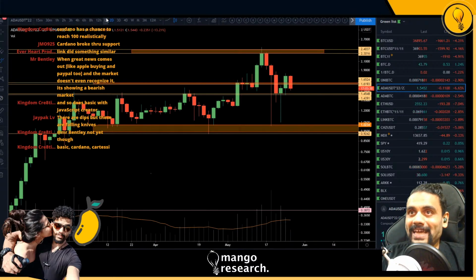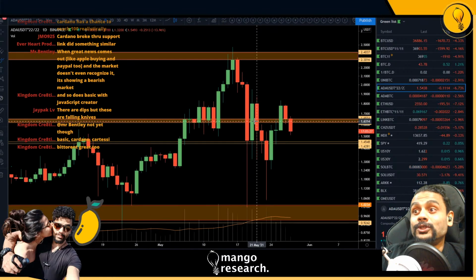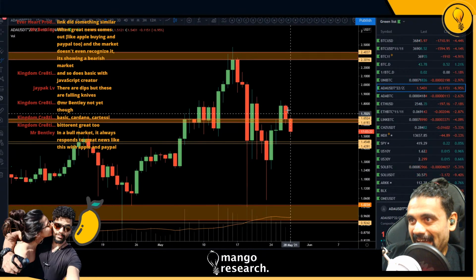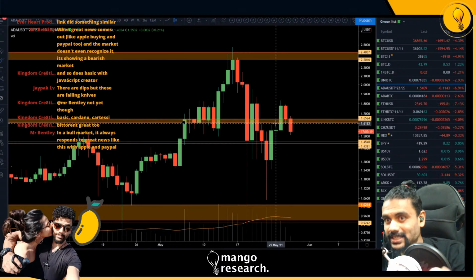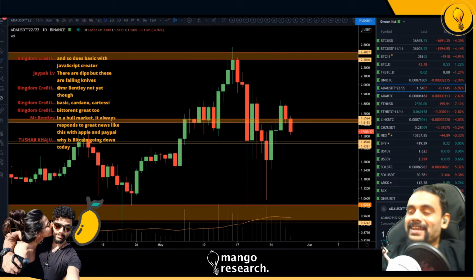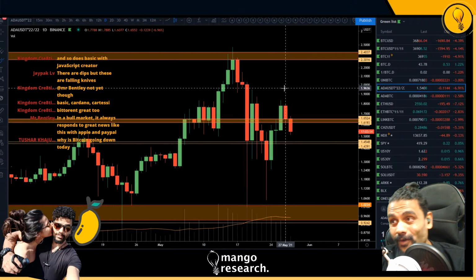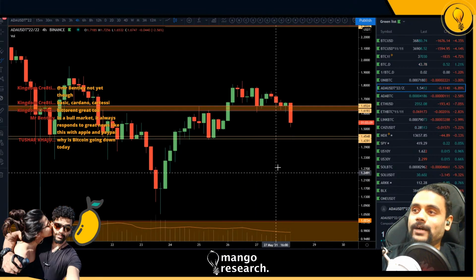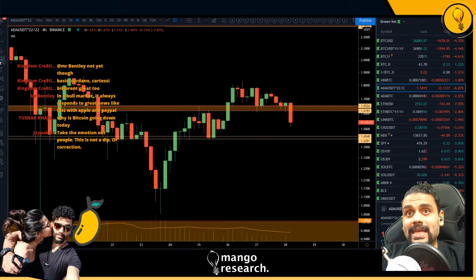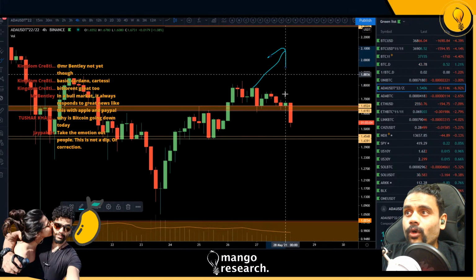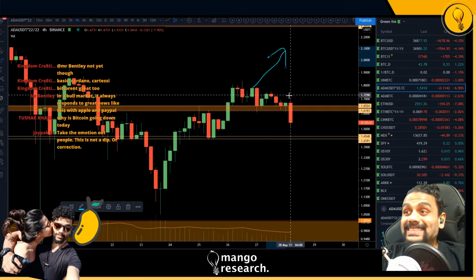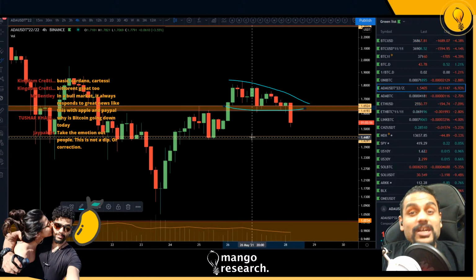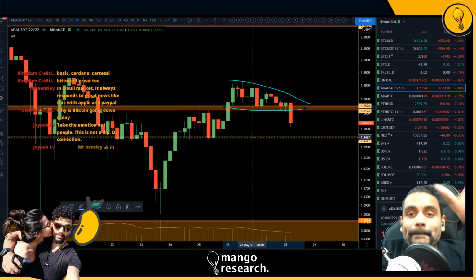close, right? So again, going to the daily now, I was looking for Cardano to close a daily candle above this level and then hold it leading into this weekly close. We did get the close, we did get the confirmation, but leading into the weekly close, what happens? Well, we break down. Now this is where it gets really interesting. Even though we retook the level, there was no follow through, right? There was no follow through towards the upside. Instead, what we got was a perfect descending triangle, a distribution right above that level.